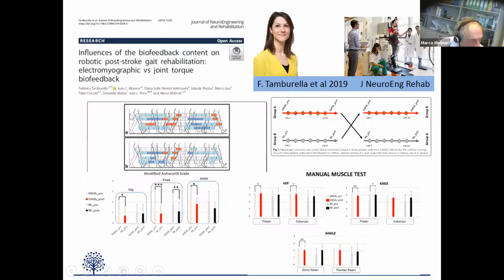Here you see that while the patient was moving, these bars were changing colors, showing if there was low activation, blue, or hyperactivation, red, of proximal or distal muscles of the limbs, and the patient was requested to adapt, to keep the bars white, neither red nor blue. And this was in a crossover paradigm in which the same patients were trained either with Lokomat with the usual feedback or with Lokomat with this ad hoc developed feedback. And nicely, with only 2 weeks in a crossover paradigm, we were able to demonstrate a significant effect on clinical scales if the feedback was provided